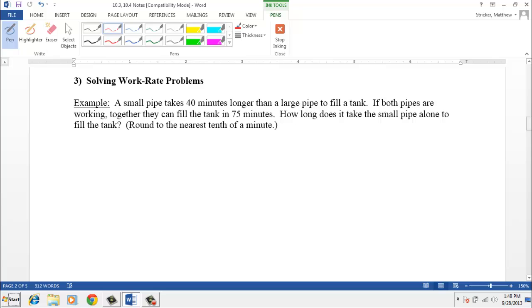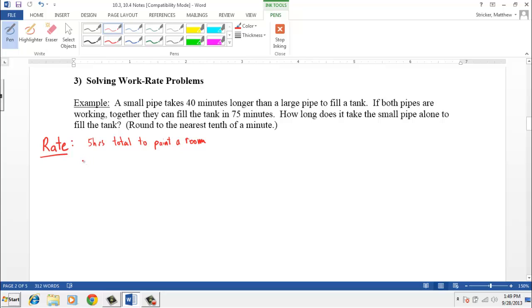And the idea that we're going to work with in this problem is the idea of what a rate is. How do you calculate a rate? A rate is how fast you can do something. And my example I always like to give here is, if it takes me 5 hours total to paint a room,